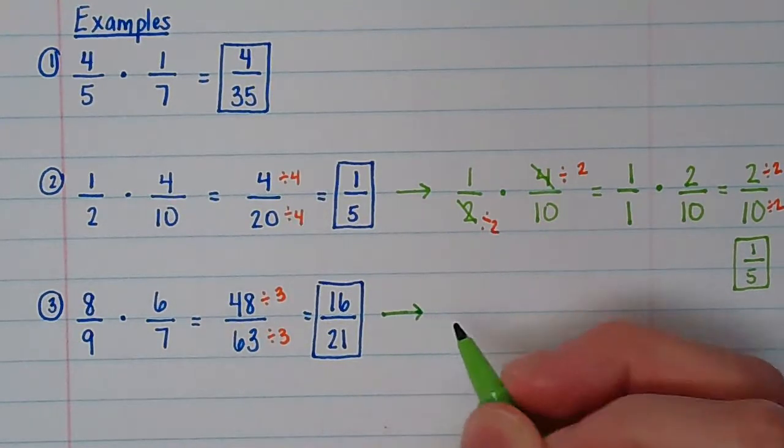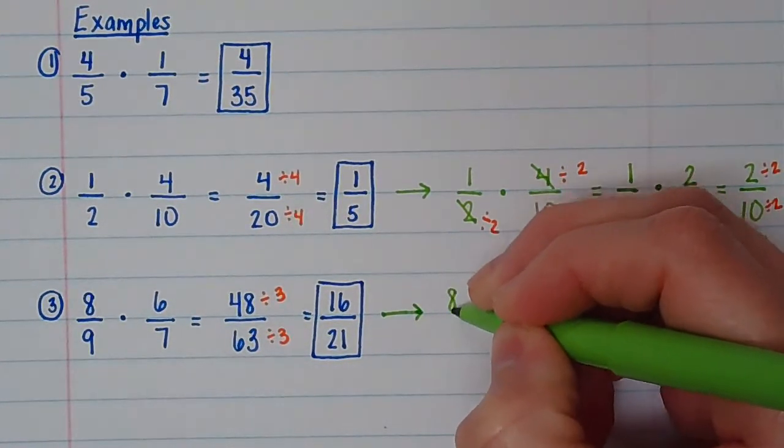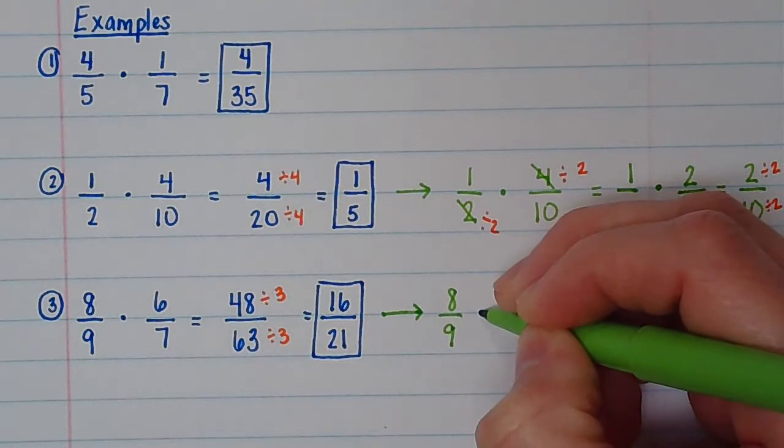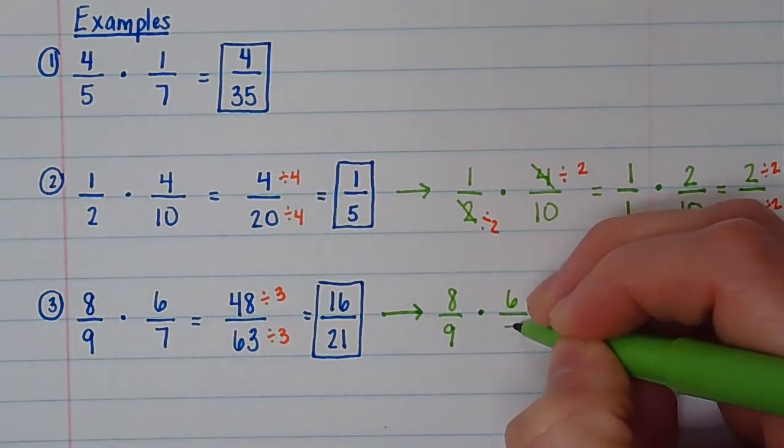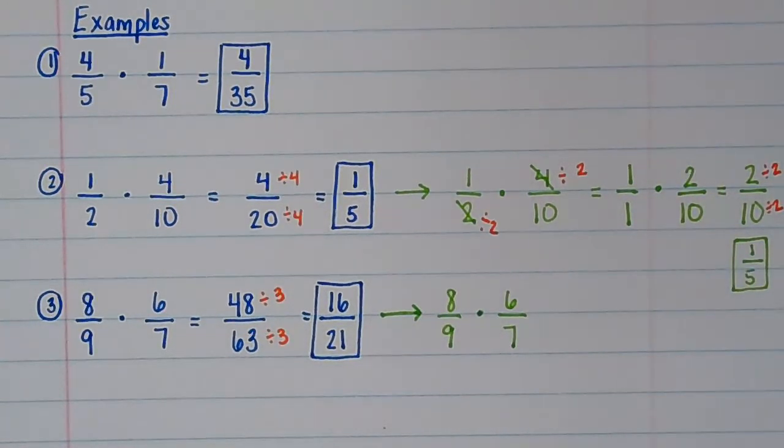And here's what I mean by that. Starting with the same numbers. Try not to run out of room this time. All right. So you look across. Remember, you're doing diagonal. You're not doing like straight across. Is there anything that the numbers across from each other share? 8 and 7, the only thing they share is 1. That's not helpful. 9 and 6, they share a 3. Okay? So if I divide both of these by 3,